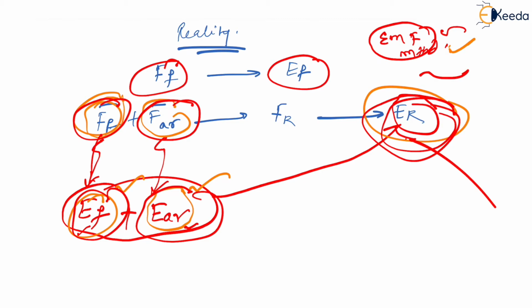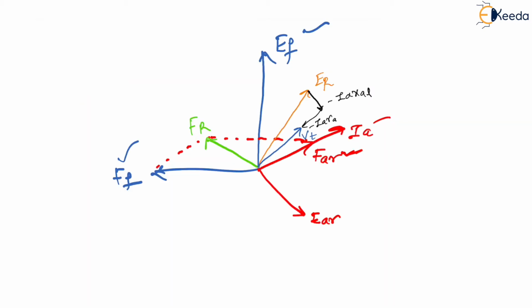So, again, I have got EF, I have also got EAR. I just have to add it in order to check if I can have ER or not. Yes, so if you see, if I've got this ER this way, I can show the same EAR like this here, so it becomes EAR. Now if you see EF plus EAR, you will get ER. Is that correct?